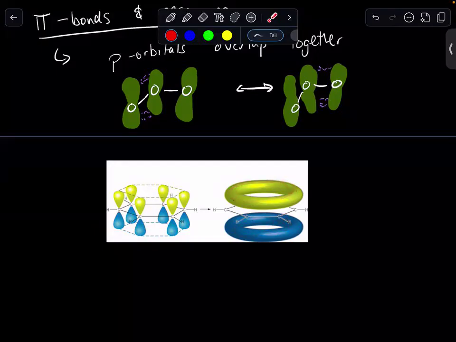So I hope this helps you understand sigma and pi bonds a little bit better. It gives you the confidence to use them on your DP exam, and have a great